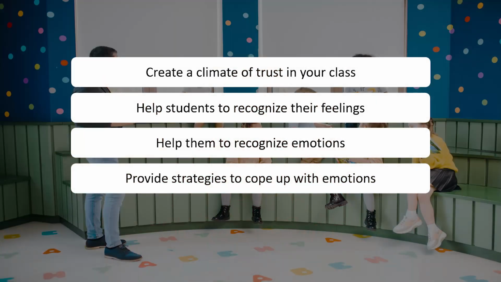So therefore, as a teacher, you have to help them in recognizing their feelings and also recognizing their emotion. You have to tell them it is all right to feel bad about the thing which is not as per your choice, and it is all right to show your anger, but of course it has to be done in the realistic limits. Then as a teacher, you must ensure that you give them a lot of strategies to cope up with their emotions,